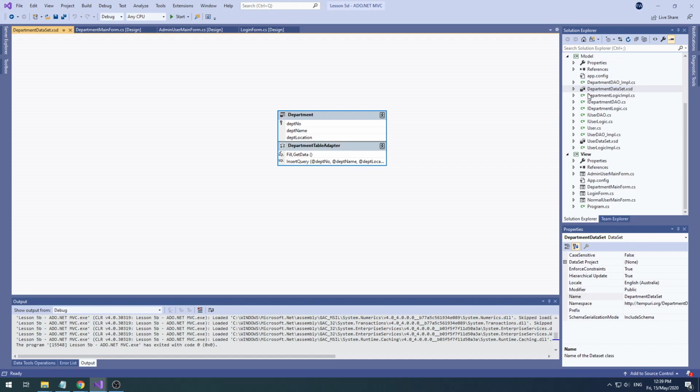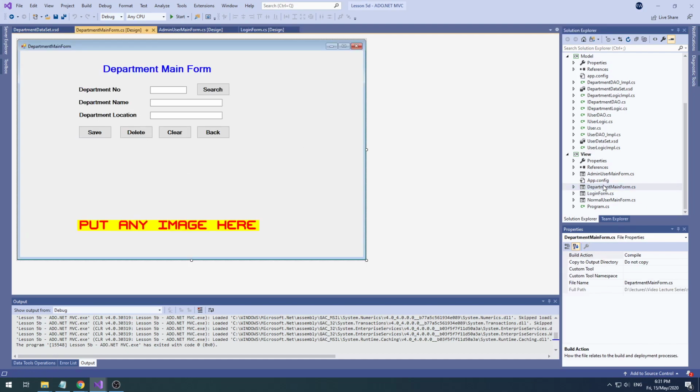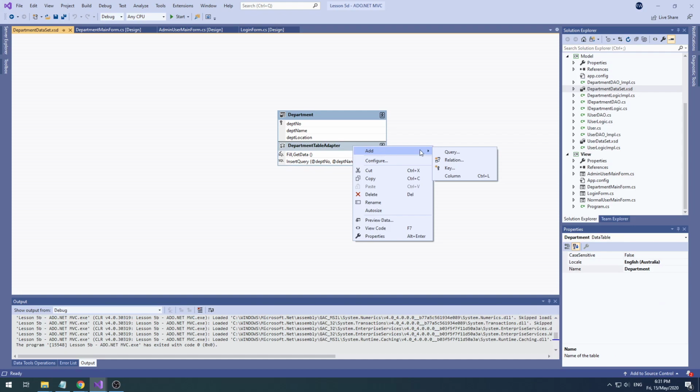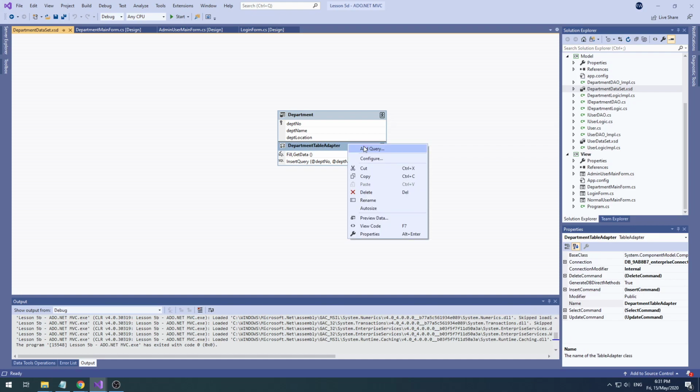What's next? Think. Of course, my friends. To the adapter, you have to add a new query, right? To the adapter, just add a new query. Let's do it now. Okay, my friends. So in the data set, definitely as we understand, when we click the search button, we'll have to connect to the database as we discussed just now. So definitely first we need to know the method, right? So right click, add query, right? You add a query, right click, add query,